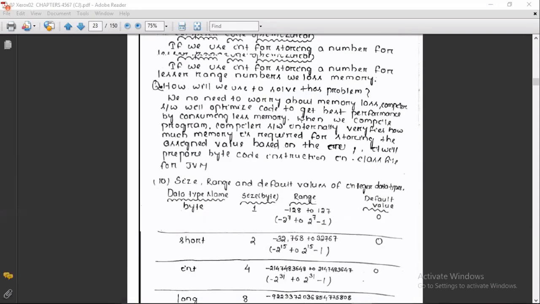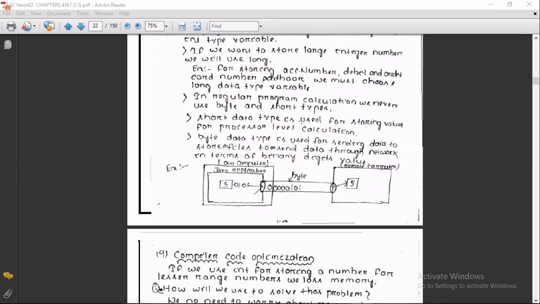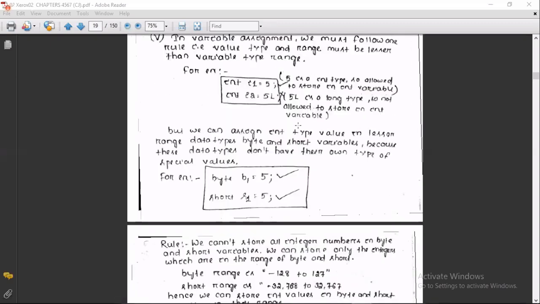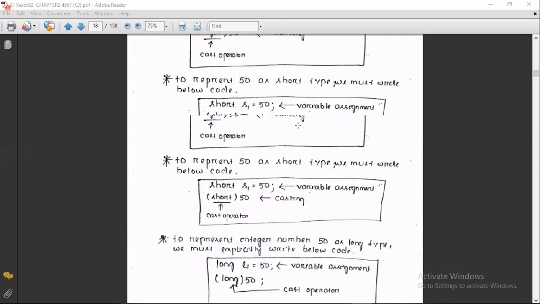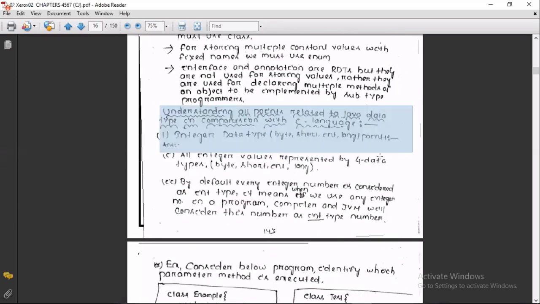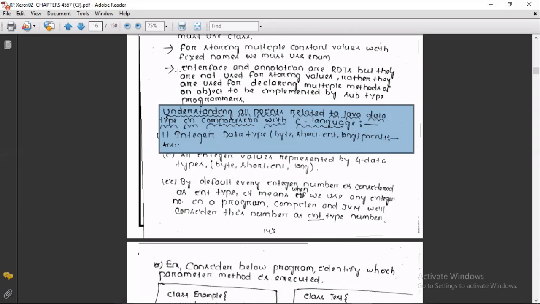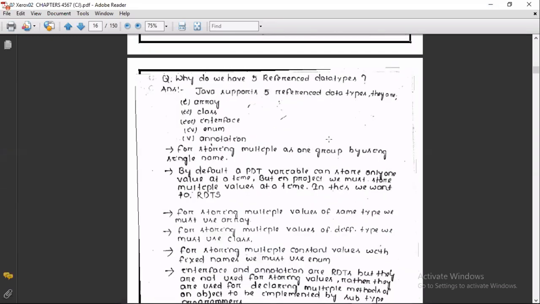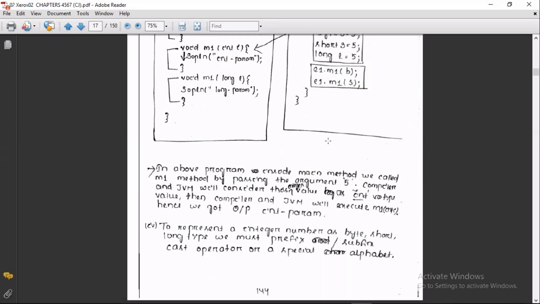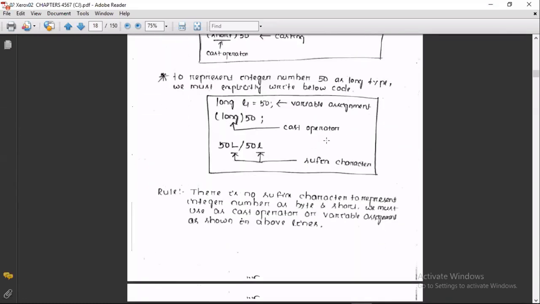Whatever points I have explained, all points are there in your material. Today's class discussion started from Xerox material 2, page number 16 onwards. Whatever slides I have played today, each and every point is there.